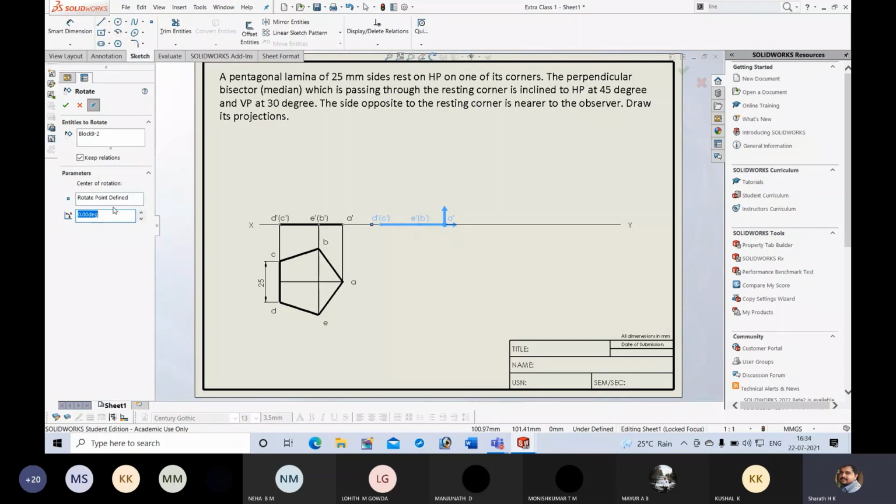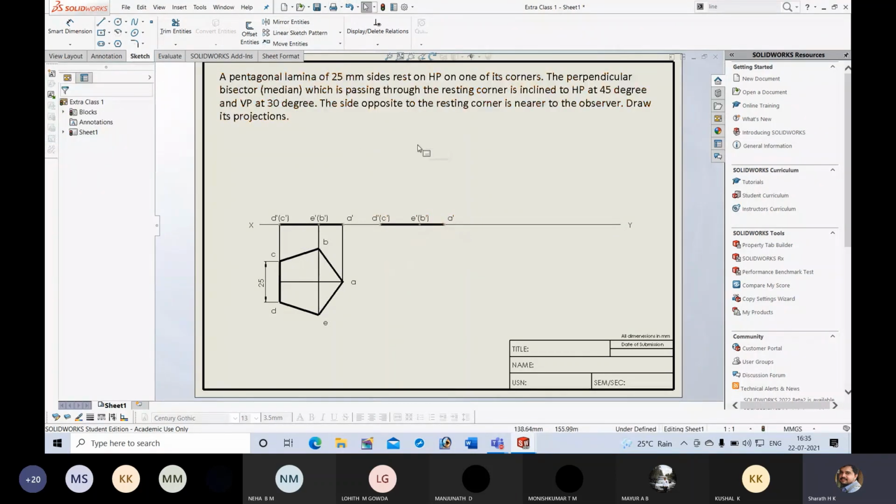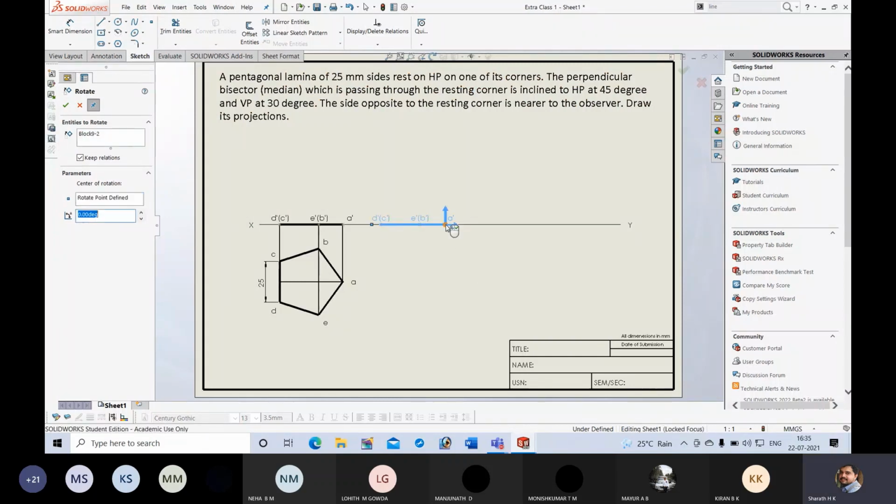Here, if I type 45, it may come down because it is rotating in the anti-clockwise direction. In order to get it upwards above the XY line, I will type minus 45 so that it will go upwards. So go to rotate entities, again select this block, center of rotation, choose this.